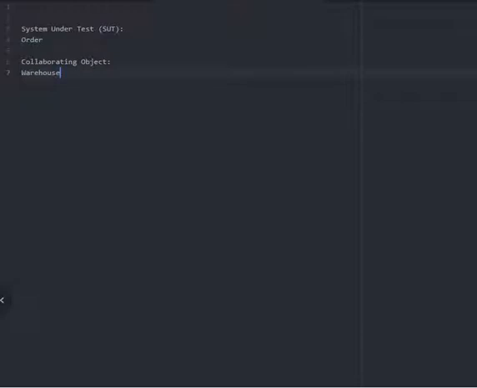So what happens here is there first is the actual behavior in the application, which is an order, and let's say an order's execute